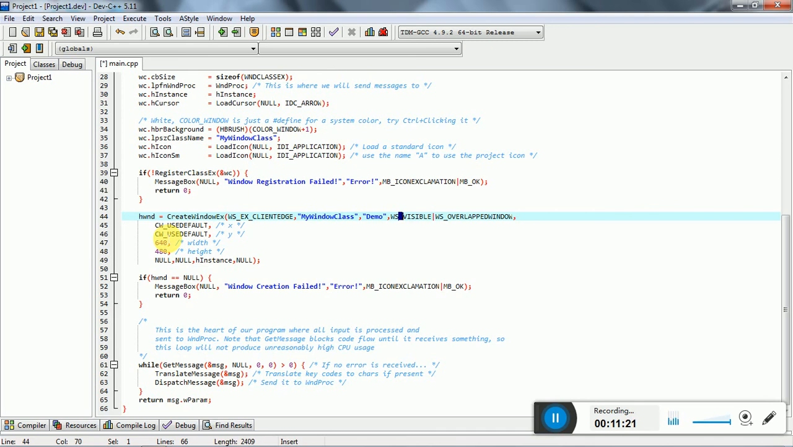And the next is CW_USEDEFAULT, which is for the Y coordinate. First is X, then Y. Okay, so it is also set to use default, and the width is 640. You can also resize it if you are using the WS_OVERLAPPEDWINDOW. And then the height is 480, and then the other two are null, and then there is a parameter which is set to hInstance, and then